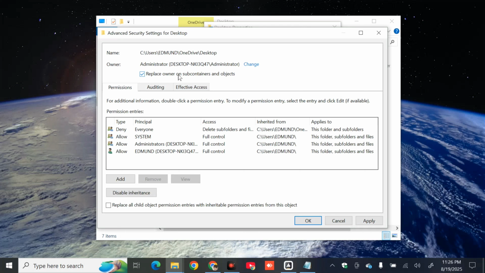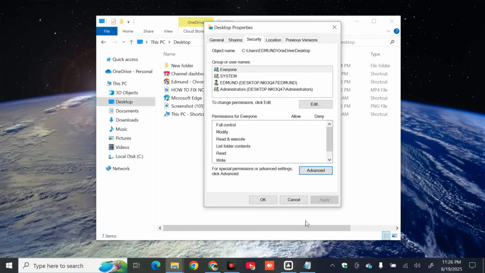Alright, after clicking this checkbox, you need to click Apply, and then click OK. The next method that we're going to do is to change the permissions. After taking ownership, you may need to go back to the Advanced Security Settings and explicitly grant your user account full control. Here in the advanced settings, permissions for Everyone,